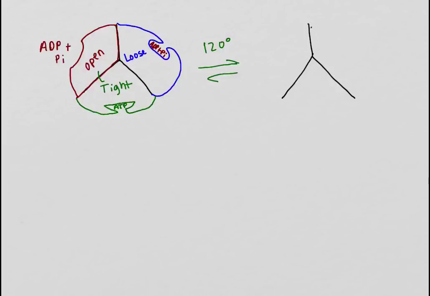Who says scientists don't have to know how to draw? You absolutely do. So this becomes a loose site, and now the ADP and Pi are bound, and then what was a loose site, now that becomes